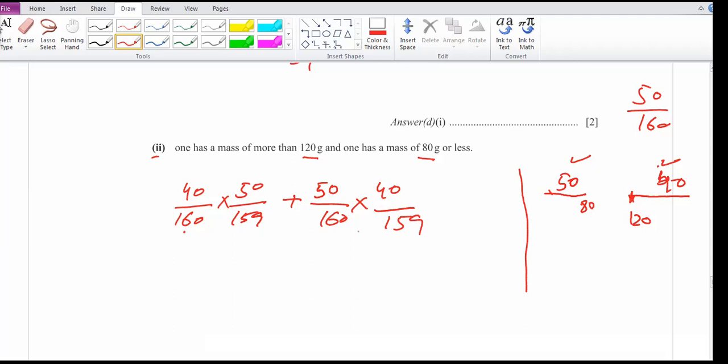My question is why, for less than 80, the probability should not be 80 over 159 or 80 over 160. You are choosing from all. From all, we are taking the probability of less than 80 and more than 120. That is why the total number will be 160. If it were said that you are choosing from less than 80, then it would be that way. Got it? Clear? Please, everybody, let me know.